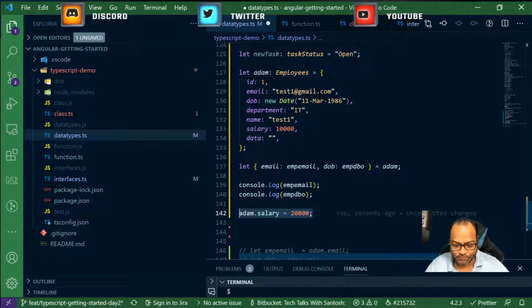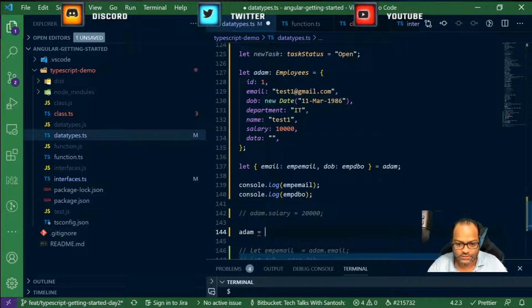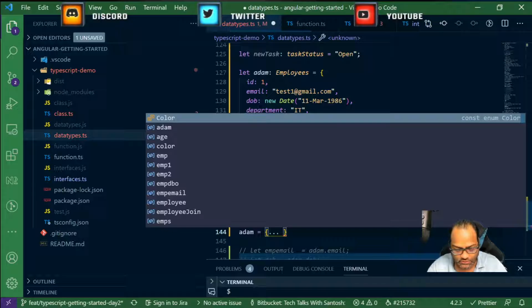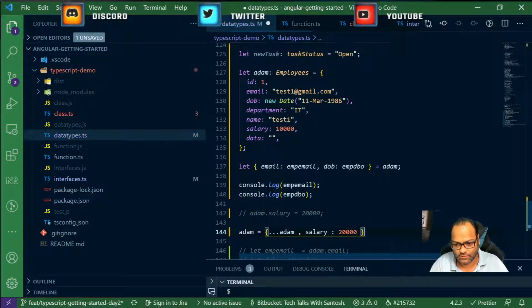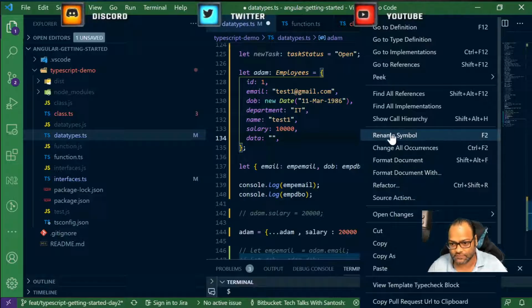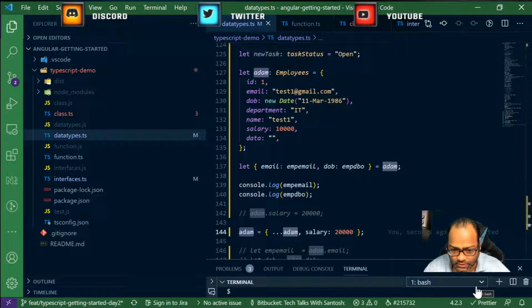So how can you do this here? So let's comment this out and let's use the spread syntax which we have available. So rather than actually doing this, I can do something like this. So I can say Adam is equals to curly brackets, and then I can give 3 dots and mention the variable Adam, and then comma, and give the property name, whichever property you want to update. You can update multiple, it's absolutely fine. And then you can do salary and update it. Now it will work in case you have some state management available and you are relying on this Adam object. Your entire view will be updated as well.